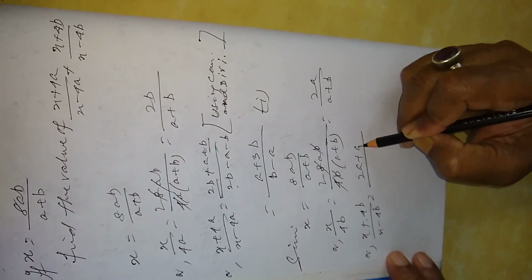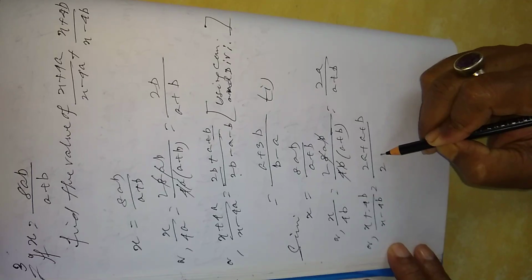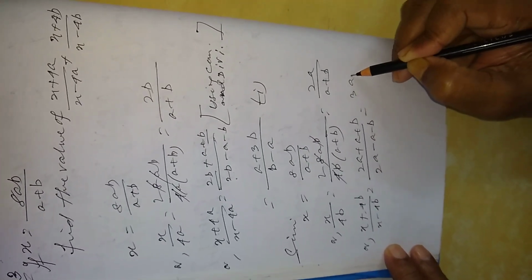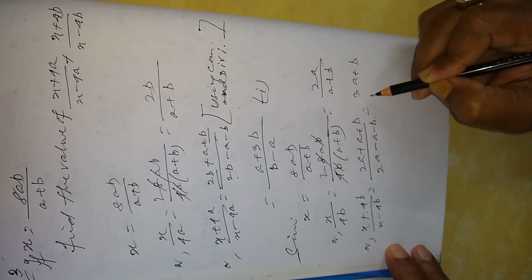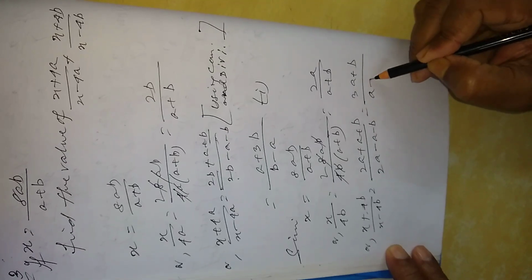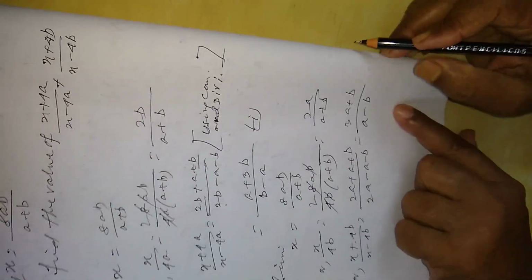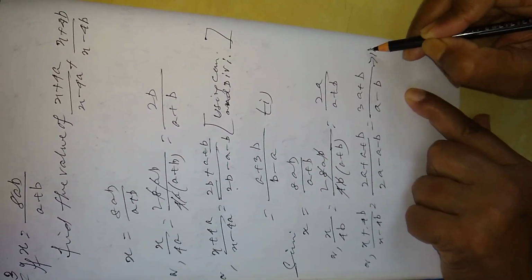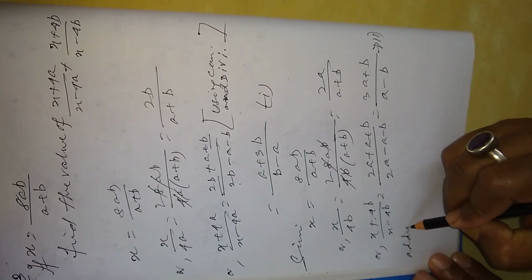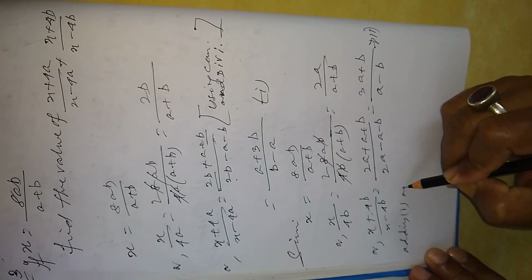2a plus a plus b, 2a minus a minus b. 2a plus a, that is 3a plus b, divided by 2a minus a, that is a minus b. Equation number 2, adding 1 and